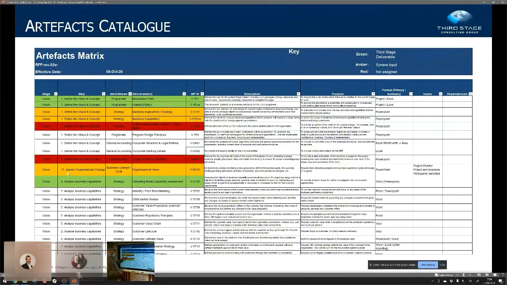So what we do is we go through and agree with the customer what all of the artifacts are, right-sized for their project, before we actually start the project. Again, if you don't have the clarity from the SI as to what they are delivering to this level of detail, and ideally a cost and an estimate of time for each one of these, you've got no way of measuring really what the SI is delivering for you or what cost or value you're getting for it.